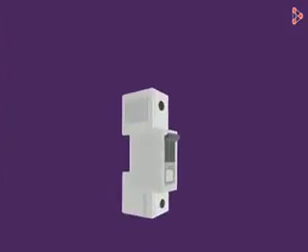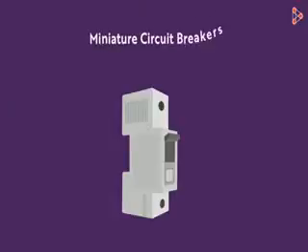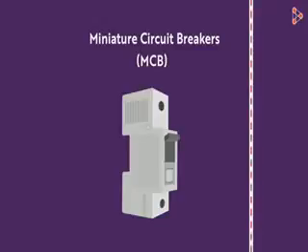Some other types of fuses are also used to prevent overheating of electrical appliances, like the miniature circuit breaker, also called MCB. If the current is too large, then the button automatically switches off. But when the current comes back to the normal amount, then the button automatically switches on again. So this is also a method to protect electric devices.